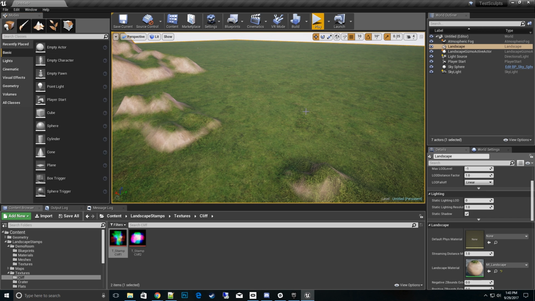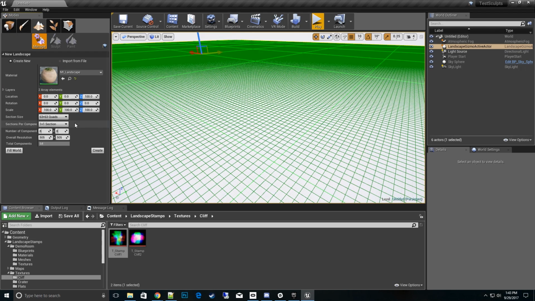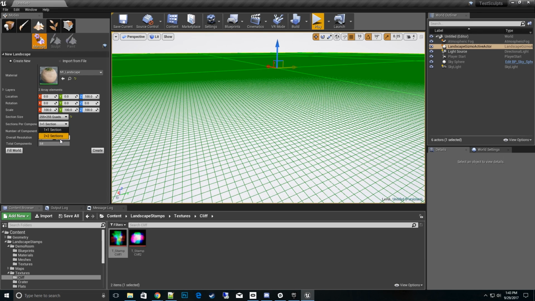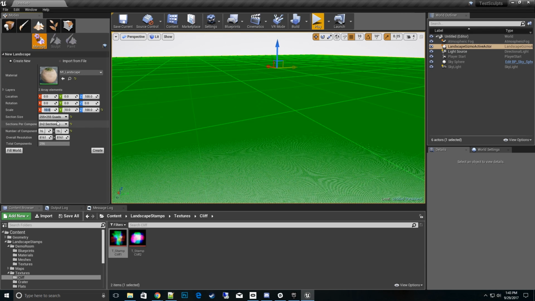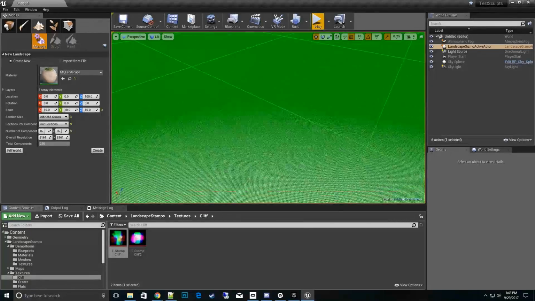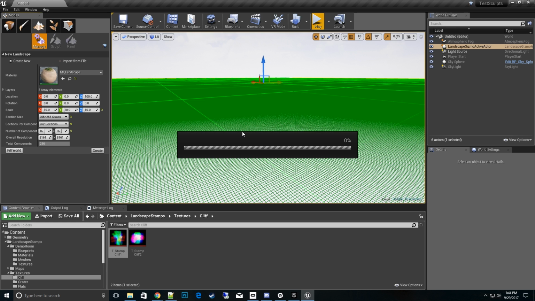Let's get this bad boy out of there. Delete it, and I'll go over here, landscape tool, and what I want to do is let's go nuts. Let's go to 255, 2x2 sections, and then we're good to go. We can also max that out, so it's going to be pretty ridiculous. And then we can also change the scale to shrink it all down by 10. Make sure you get the Z2 because that's important for height maps. All right, so now we have a really nice look at the density. We have a ridiculous density on the map itself. So I'll go ahead and create that,